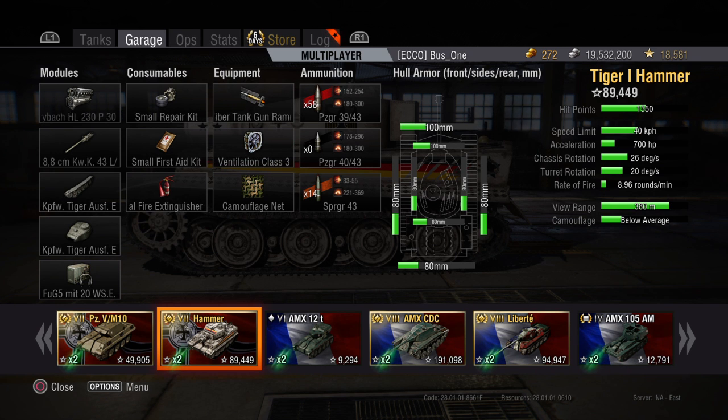This tank is below average, so in order to help this tank out, I do have the camouflage net, and we'll probably add some more things that will help it, like muzzle shot, engines, running silent engine, stuff like that. So it will help this tank. I also have the large gun rammer. I do have ventilation. I do have the repair kits and stuff, but I do not go anywhere without my